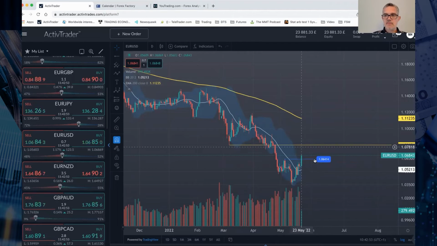Looking to see if we can get back up to 1.08. If we can get back above there and find support where it was resistance, then we've got this dynamic resistance coming down by the 200 period moving average, probably going to rest around 1.11, depending if we go sideways, obviously, but it could come down towards 1.1. And then if we meet price action and this resistance along with this balance area here, then maybe that's where we stall out.